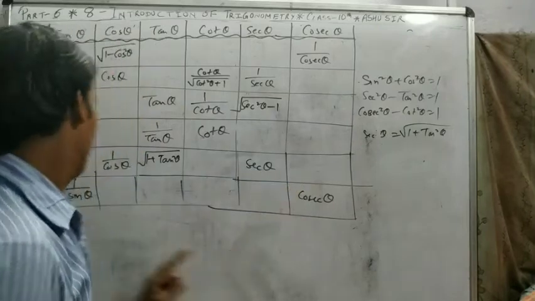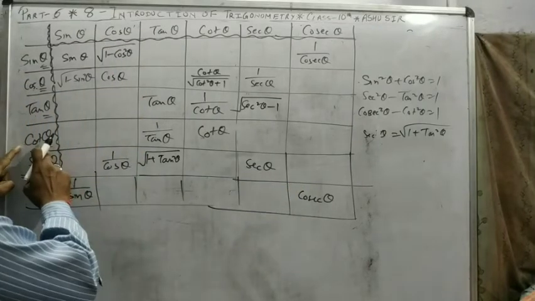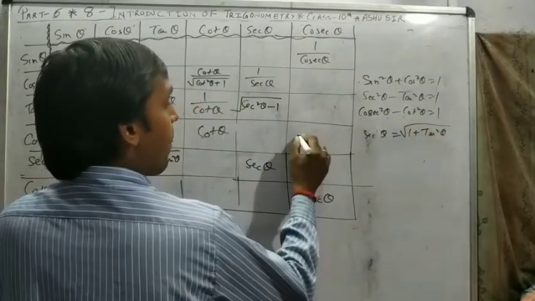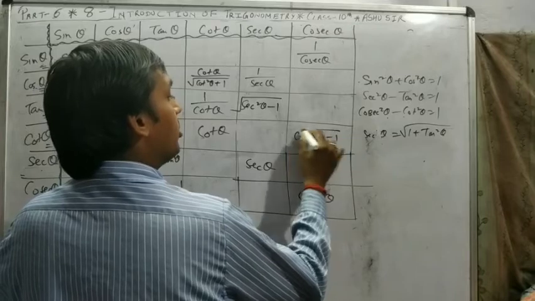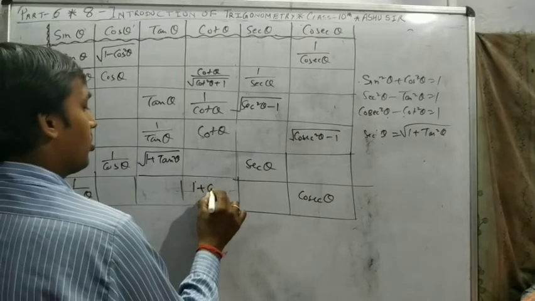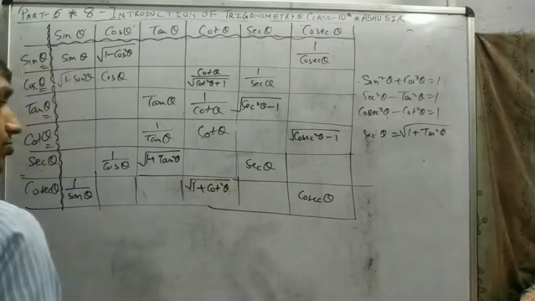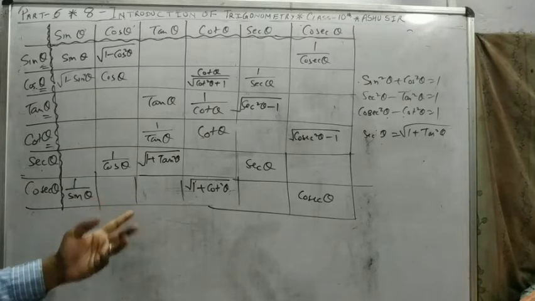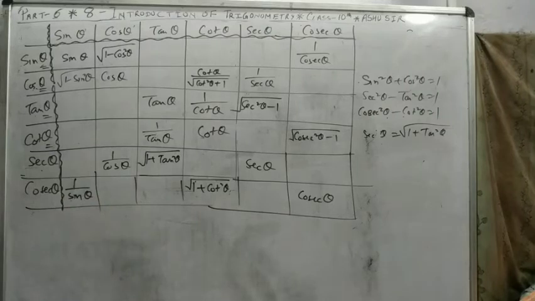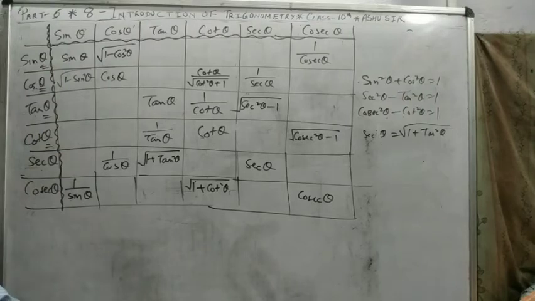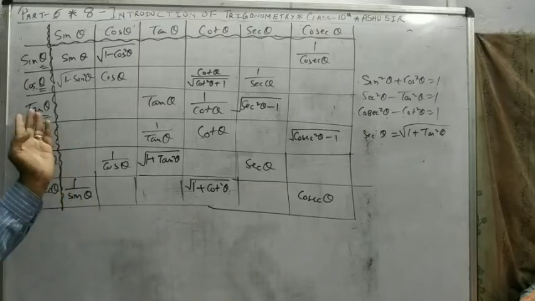Same for cosec, cot. Cosec and cot. So cosec, this cot is equal to this sign here, 1 sign here. So root of cosec square minus 1, cosec, cot. So root of 1 plus cot square. Means 6 more columns. Total 18 columns we can fill. Remaining 18: you have to change the relations from tan to sin.